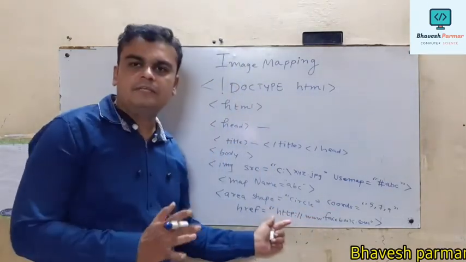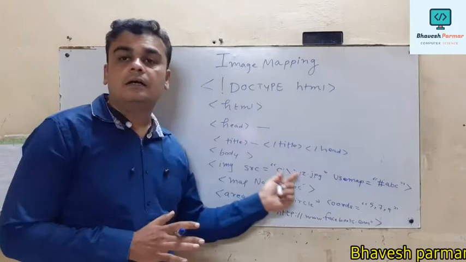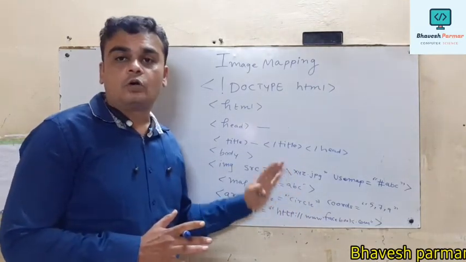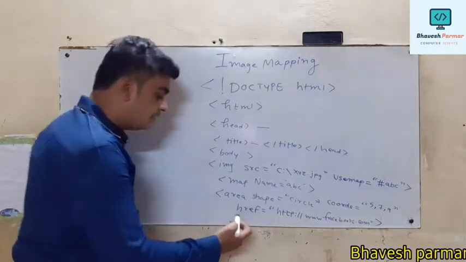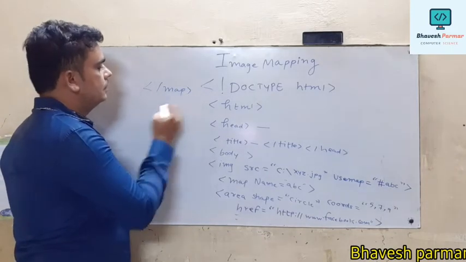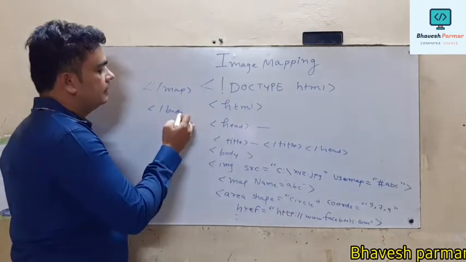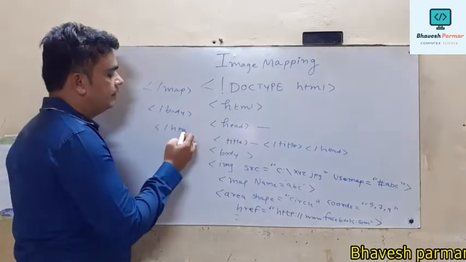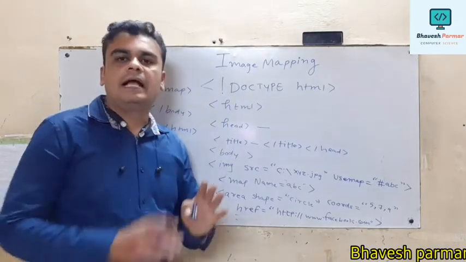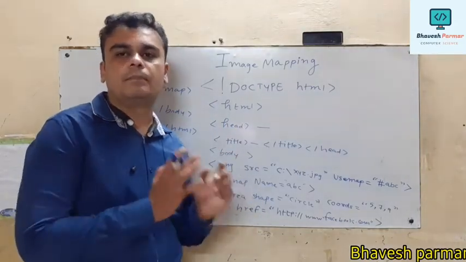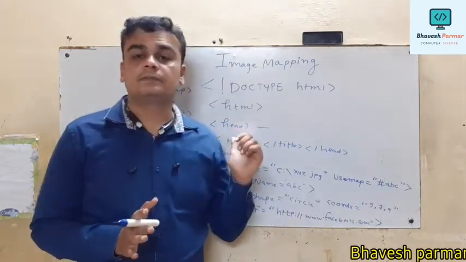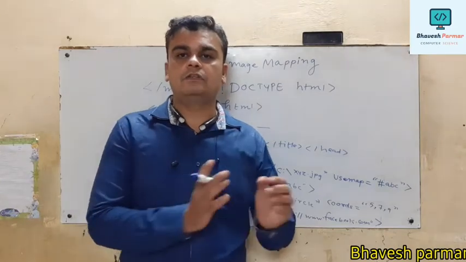Same thing, same kind of view, we have to add rectangle and polygon by writing their coordinates properly. And after writing that code, you have to close /map, then /body, and finally /html. After writing this code, you have to save this program and execute it on a suitable browser, so it will be more clear to you. So guys, how to perform this program practically, I will show you.